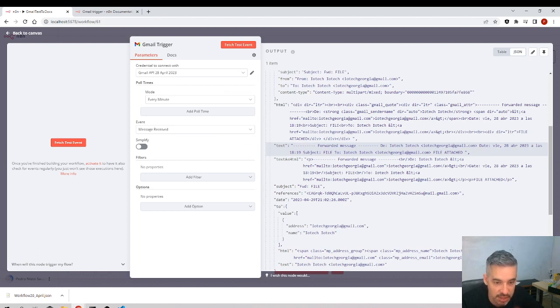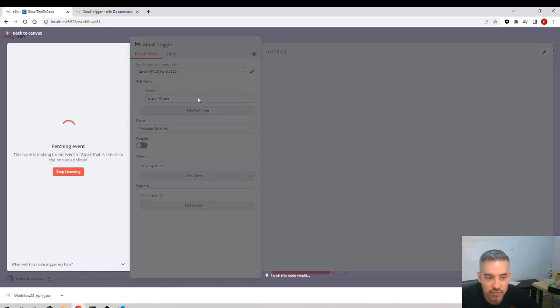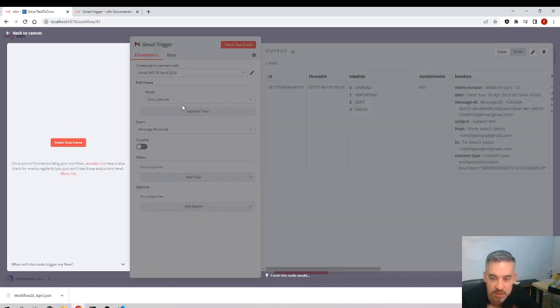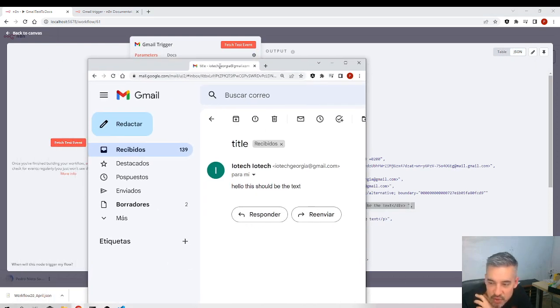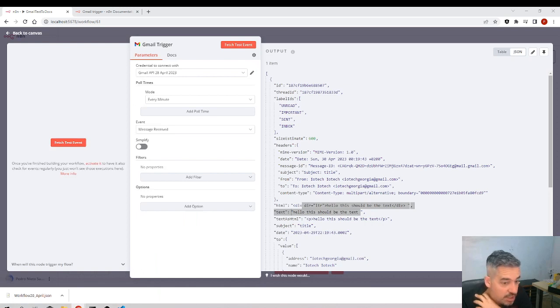I'll test it one moment. I will send myself a Gmail now with a certain text to make sure that this is the property. Okay, I'm sending myself an email. I'll refresh this with fetch, test, and event. I'm refreshing. JSON text. Yeah, this is the text that I wrote in the email. I can show you in case you don't believe me. Hello, this should be the text, right? There is where the text property comes from. Okay, so